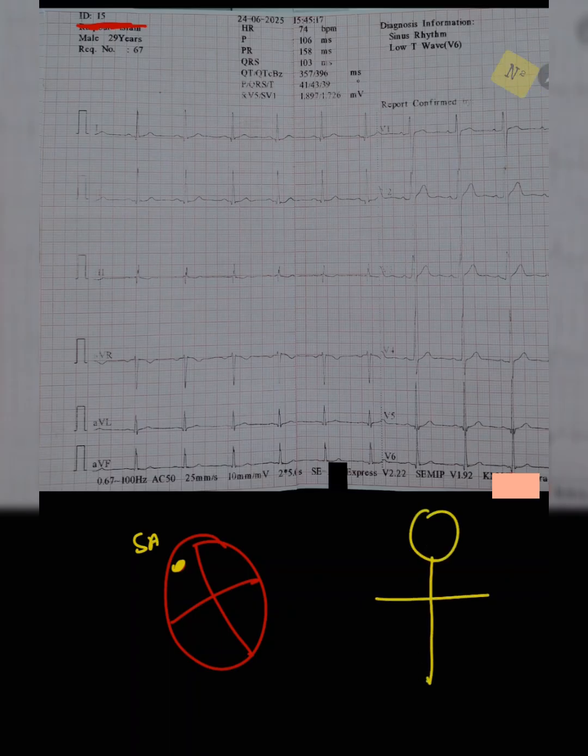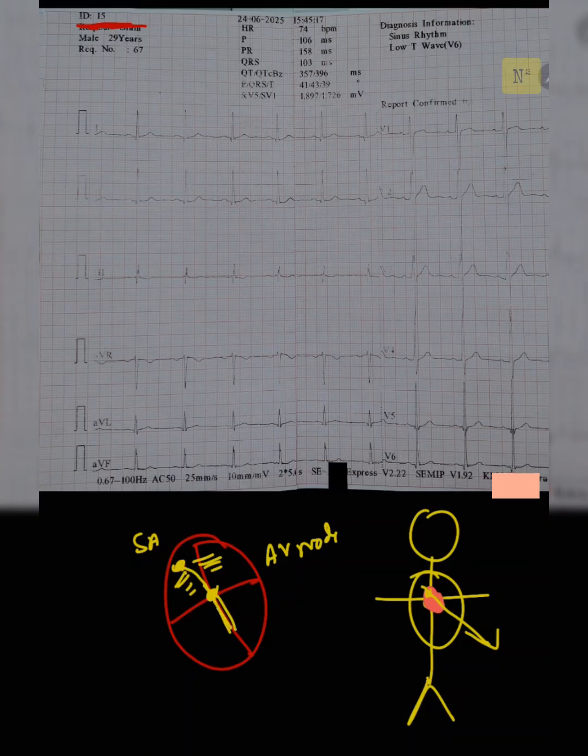Supposedly this is the person's body. The heart is placed somewhere around here. The sinoatrial node will be somewhere around here. From here the current will be flowing in this direction. First of all it will be supplying all the atrial muscles, then it flows into the atrioventricular node. From here it will then supply all the signals to the septum, then depolarize the whole of the ventricles, gradually, with the help of the